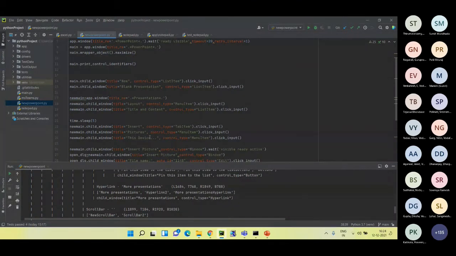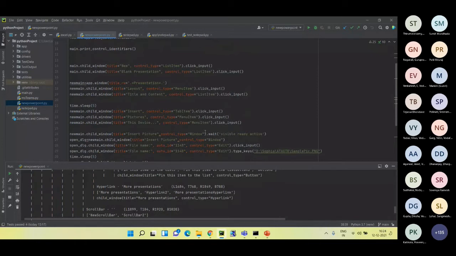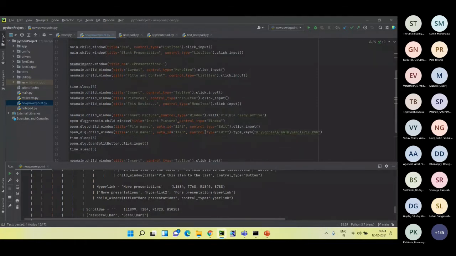So I'm going to add the picture. Okay, and after adding the picture, I want to browse it from the device, so I'm going to pass the path of that also over here. Here I've hard coded this value, but definitely we can pass it through a properties file or something and make it read here. This is just for demo purposes.